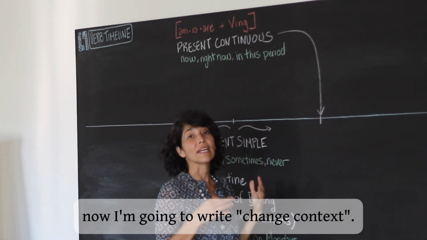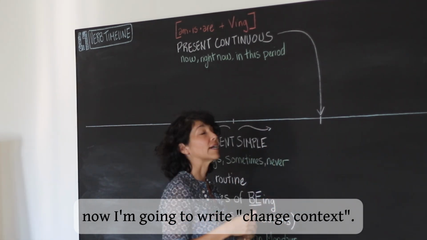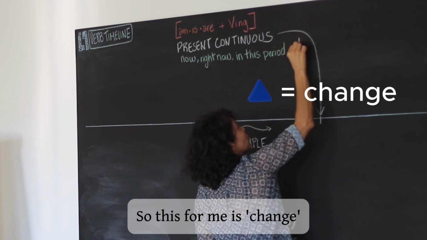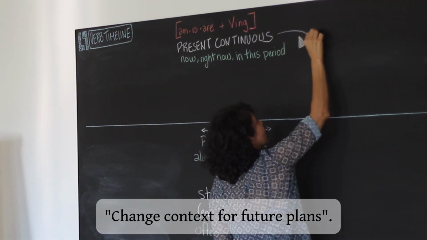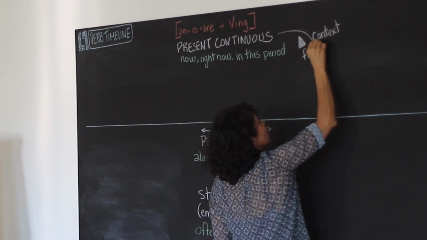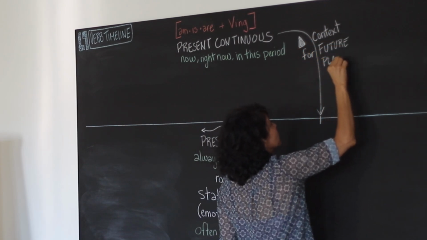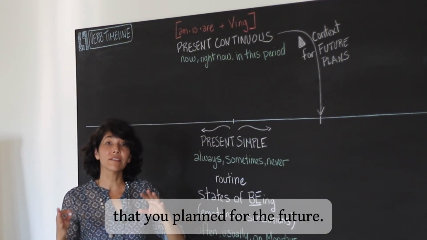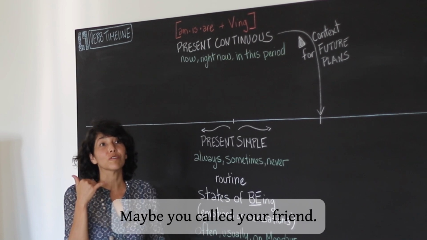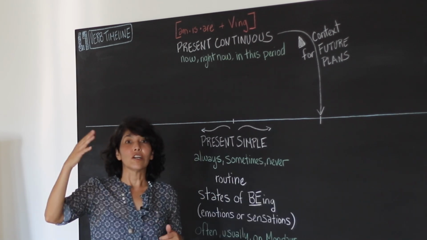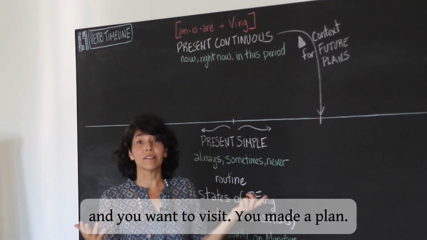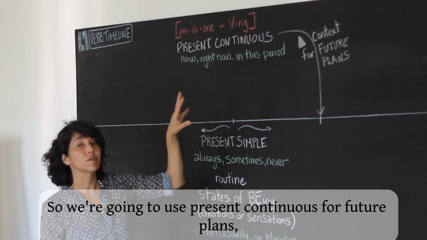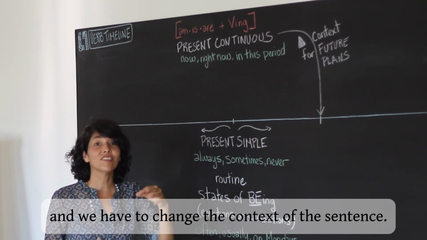Now I'm going to write change context. I like a symbol for change. So this for me is change. Change context for future plans. Okay? Something that you organized, that you planned for the future. Maybe you called your friend, maybe you called an aunt or an uncle in Australia and you want to visit. You made a plan. So we're going to use present continuous for future plans, and we have to change the